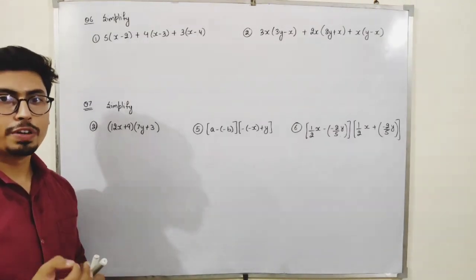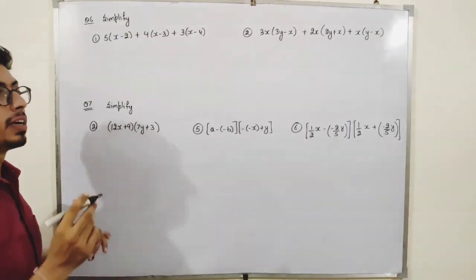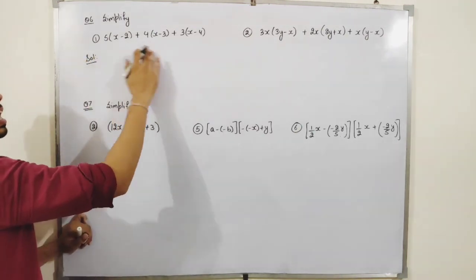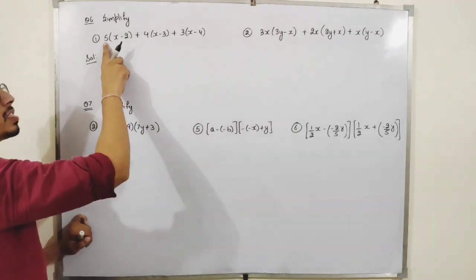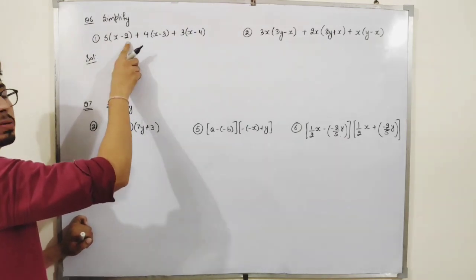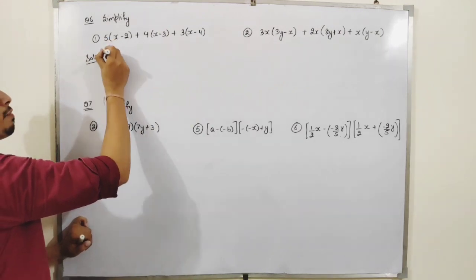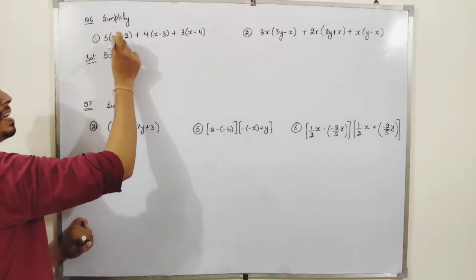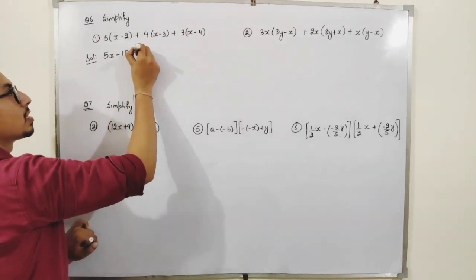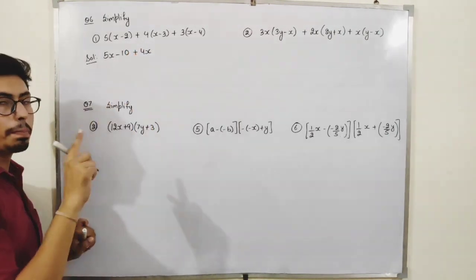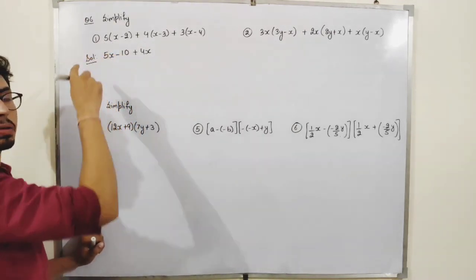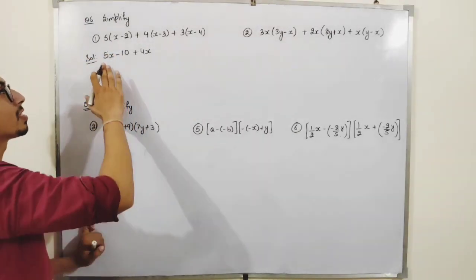Okay, students, now moving forward to question number 6. Let us simplify these two parts, students. So the first part is, see, I have to simplify this. See, 5 is outside of this, so I have to multiply 5 by both these numbers. So 5 into x is 5x. 5 into 2 is 10. 4 into x is 4x, because a number will multiply by a number. See, x is the variable and 5 is the number. See, both are different, so I will just write them as it is.